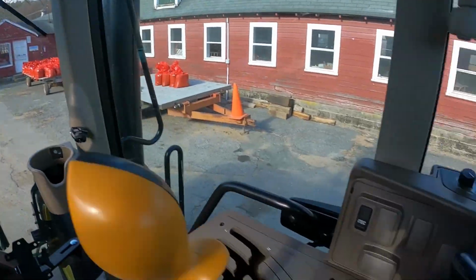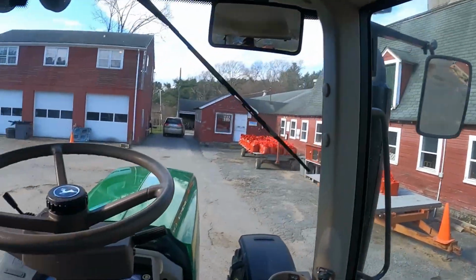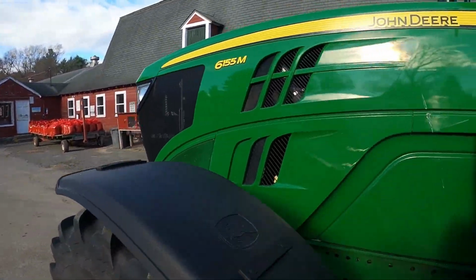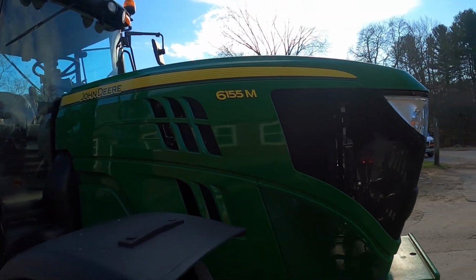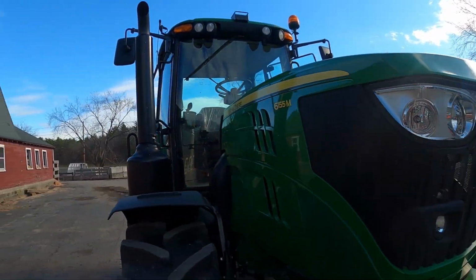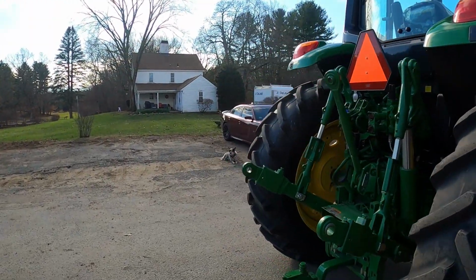But it's got less lights on this package. We might have to add some to the fenders. Pretty excited, but it is quiet. Really quiet. I'm sure the lighting package with the hood will be better than the 7520, but the 7520 does have lights on the side. Granted, I got to fix some of that, and lights on the rear. So